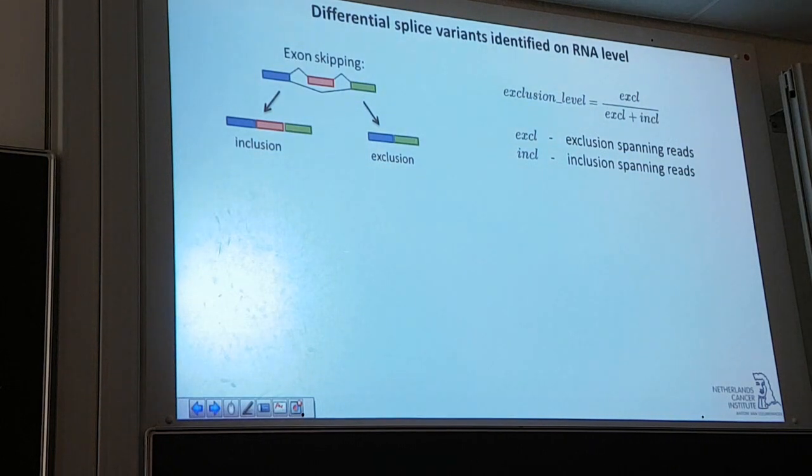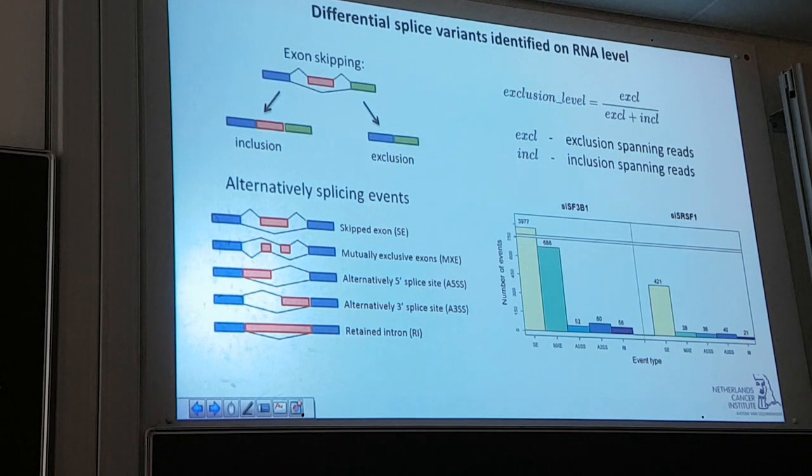Okay, so these are the results. We get an event, exon skipping, for which there is differential inclusion and exclusion expression between our two conditions. Exclusion level, just a reminder, is the number of exclusion-spanning reads divided by the number of exclusion- and inclusion-spanning reads. So for 5 different splicing events, we obtained the number of these events